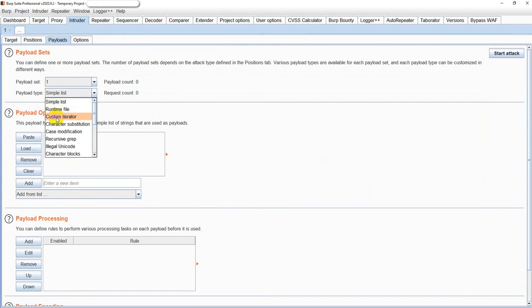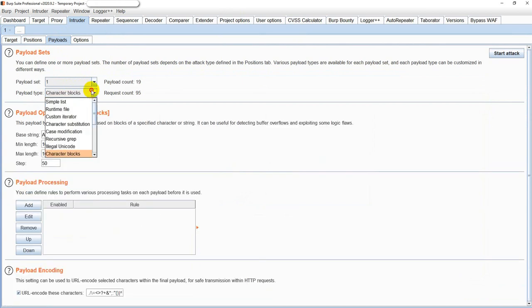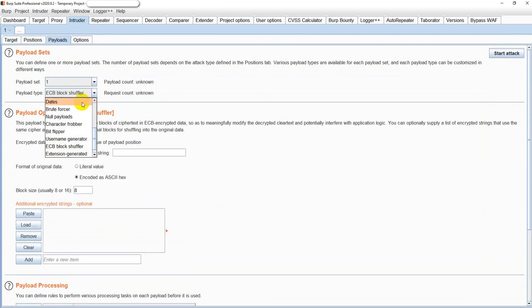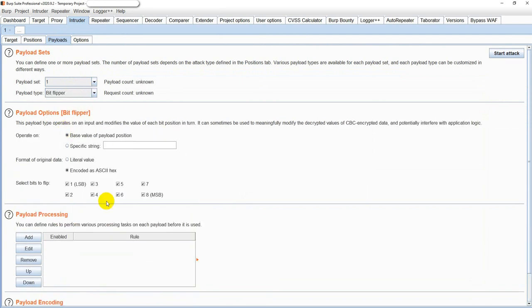You can change different payload types, like character blocks, ECB block shuffler, and bit flipper. These are some really cool, scenario-specific options that you need at times, and they are only available with Burp Suite Pro, not with any other such tool.